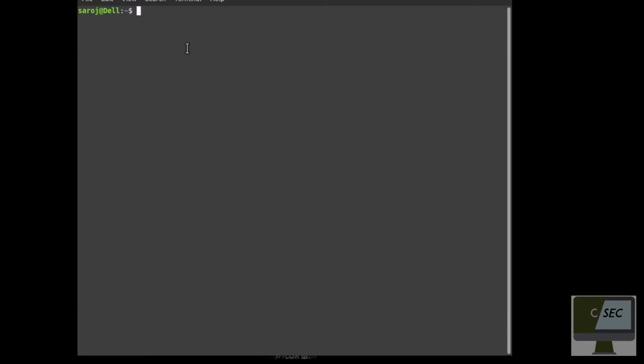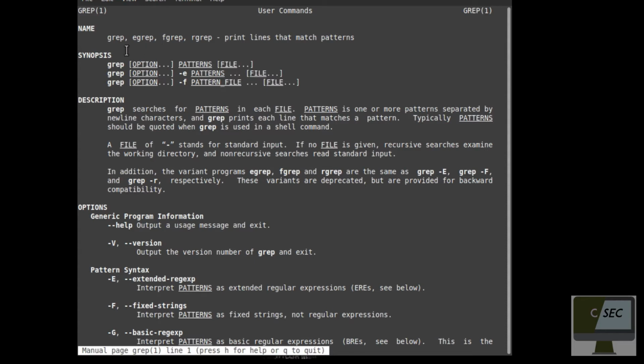So the first command we are going to look at is grep. Okay, so grep simply stands for globally search for regular expression and print. It is an old command utility which I guess is present in almost all the Linux distros. The main thing we can do with the grep command is to search for the given string or set of strings in our text file. So if I go to its manual page by typing man grep, here we can see some information. Here is grep, egrep, fgrep.